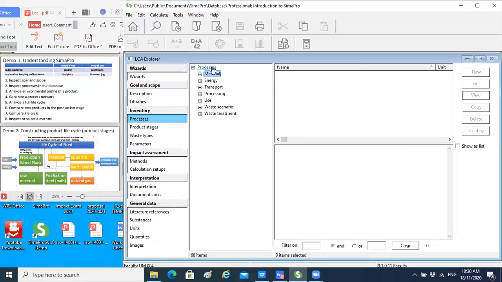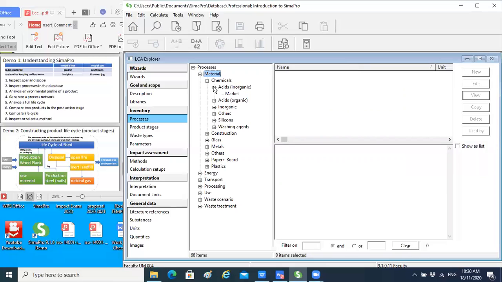So under the main folder, there are a number of subfolders which carry the names material, energy, transport, processing, use, waste scenario, and waste treatment. When you see a positive sign here, it means it can be further expanded. So when I further expand this material, in the folder of material, there are a few more subfolders,